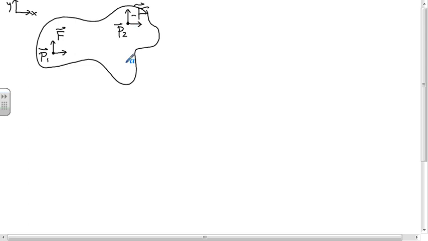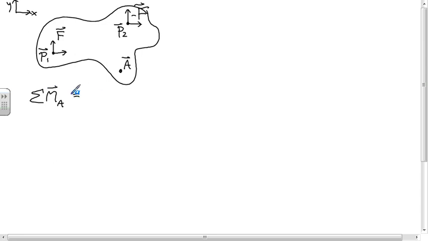We need one more thing in order to calculate the moments produced by these forces. We need to choose an about point. I'm going to choose the about point A down there. A is coordinates, so you can think of it as a vector going from the origin to the point. So what's the sum of the moments produced by these two things? That's what we're trying to calculate. So the sum of the moments about A